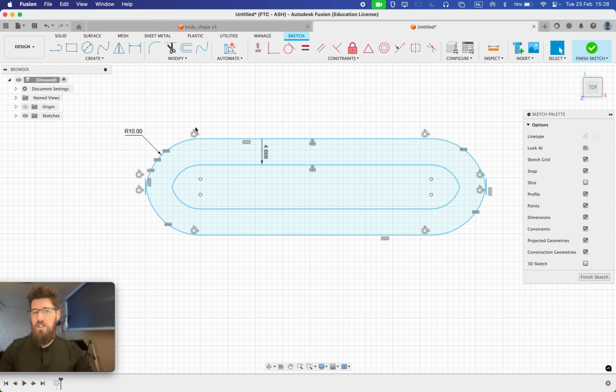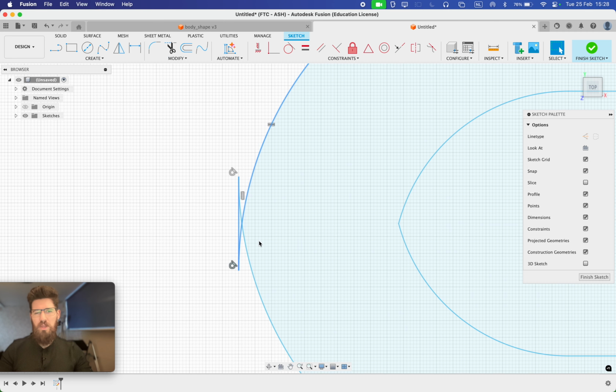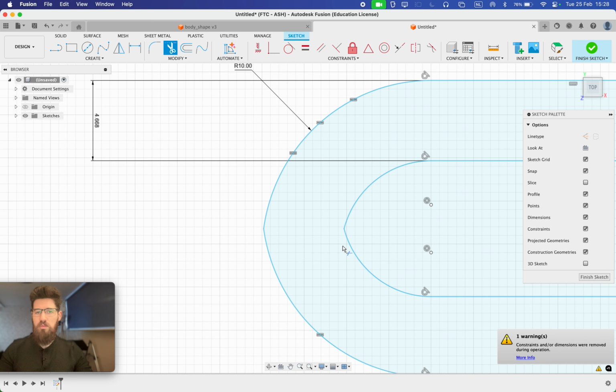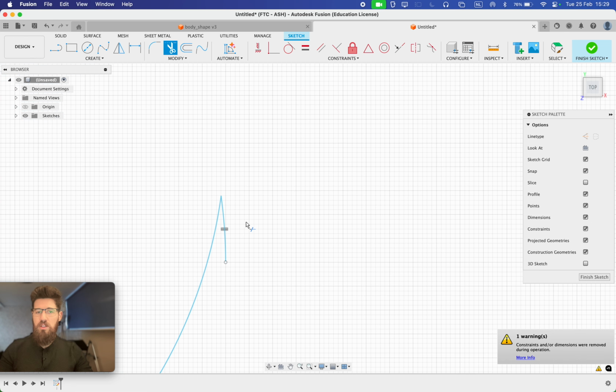So you can still offset these pieces in and change them up quite a bit. Now, here's a perfect example why I might want to use the trim tool. You'll notice that my corners get a little strange here. I can go ahead and grab this trim. What I can do is cut out specific sections of line shapes or line segments that I don't want to keep in. So for example,